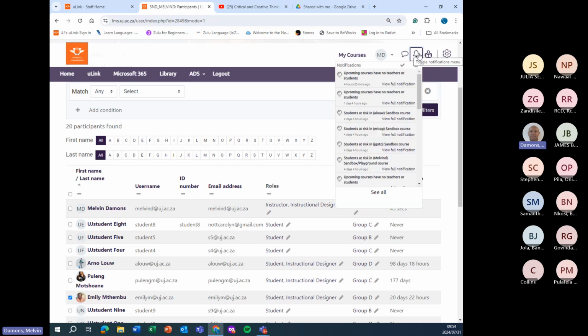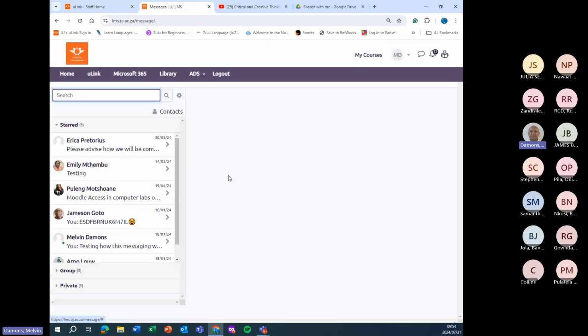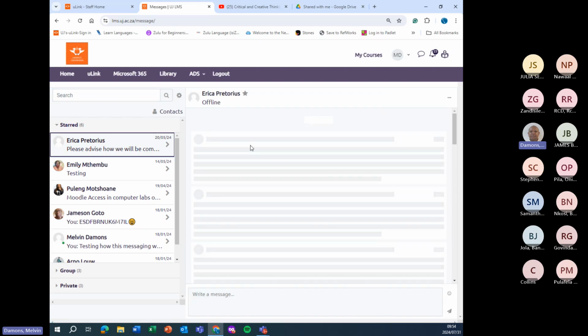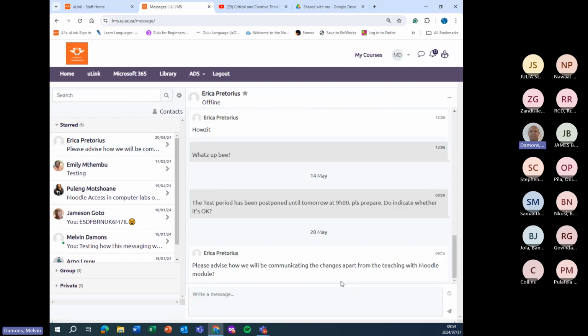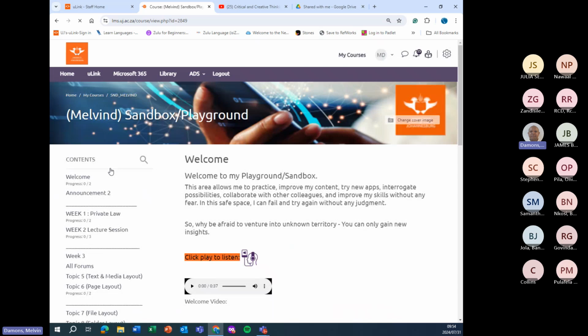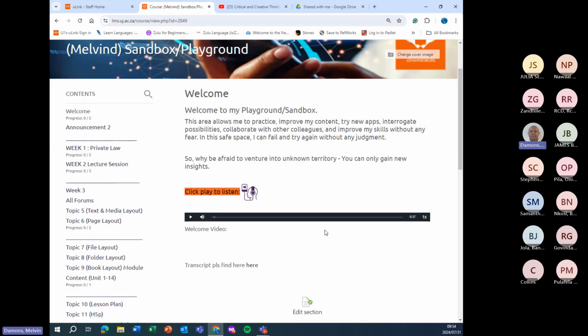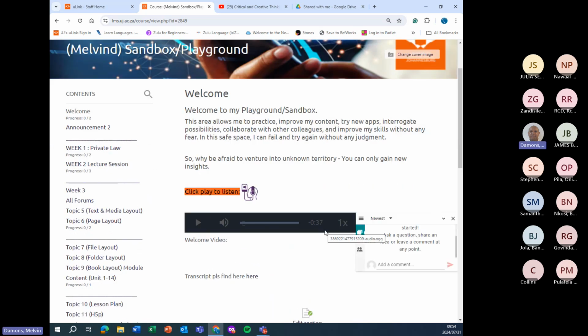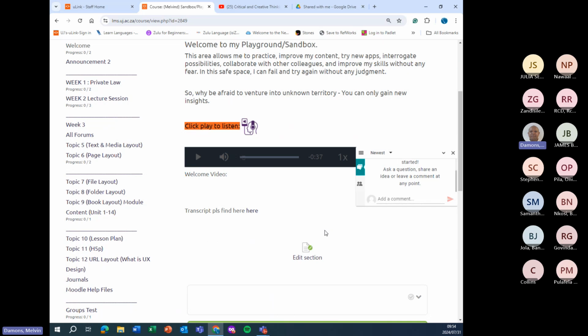Please click on the notification and that message will pop out here, or there will be a message in the bubble to say that there has been communication via your lecturer, and you can see there's communication. You can then liaise with the student and so on. Just going back to my course, and this is my sandbox as indicated, and this is where I am. I'm just going to pause here again to ask if there's any questions in terms of communication,